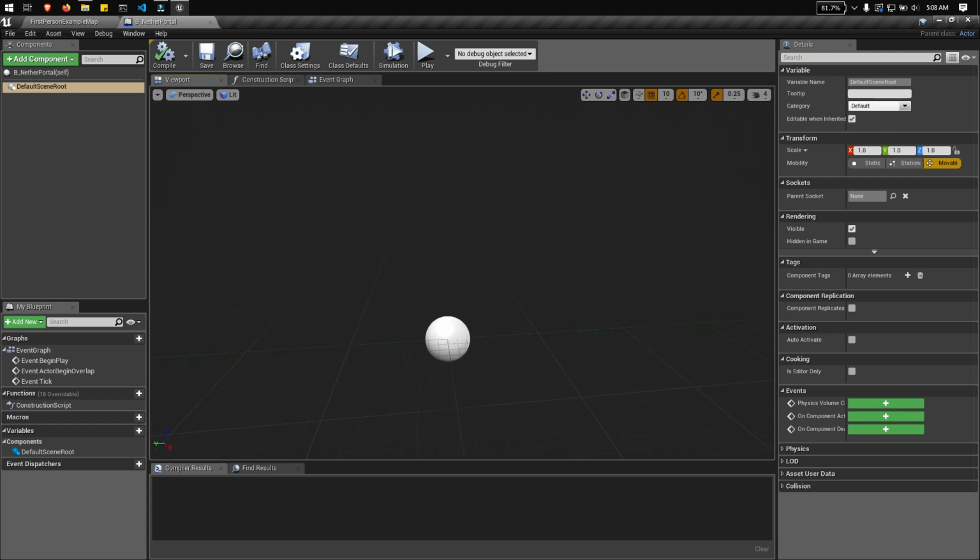As you can see, we have this round white sphere in the viewport. This white sphere is the indicator of the level of the blueprint. The upper part of the sphere is the upward level. The lower part is the downward level.